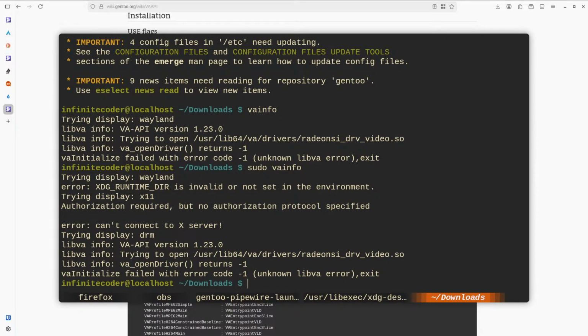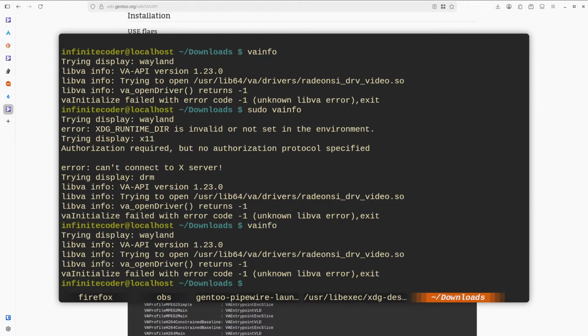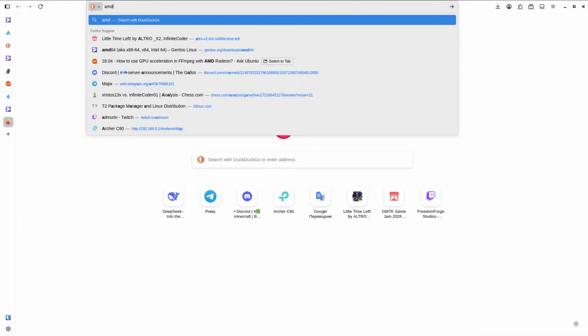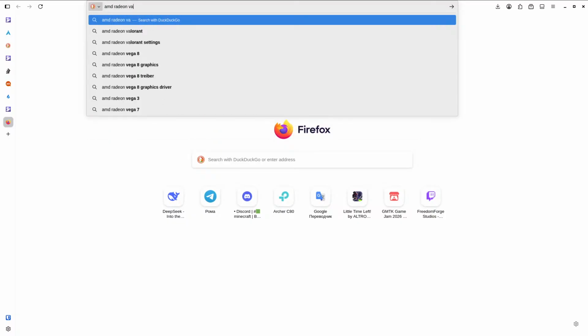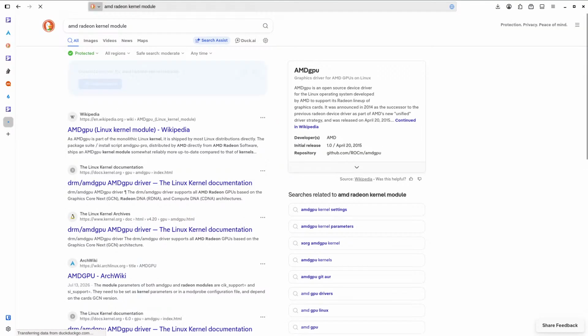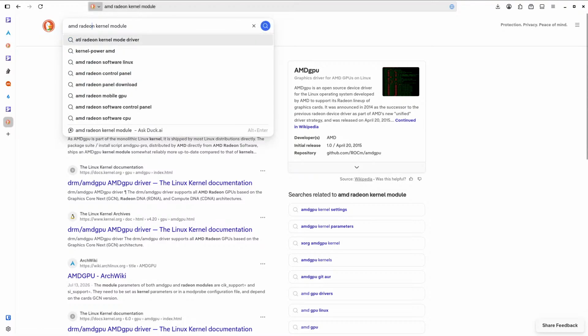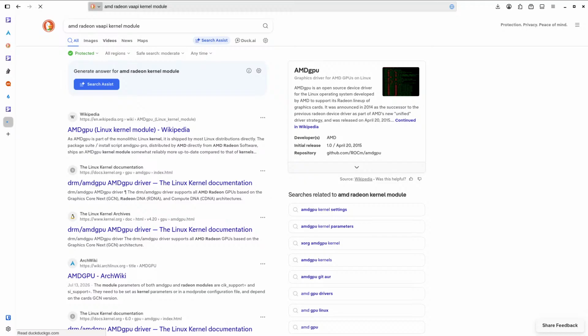Maybe I need to. Oh, the display stuff. Maybe I need to modprobe some driver. Oh, right, I have the GPU usage here, right? Well, GPU modules. Maybe something. VA API.